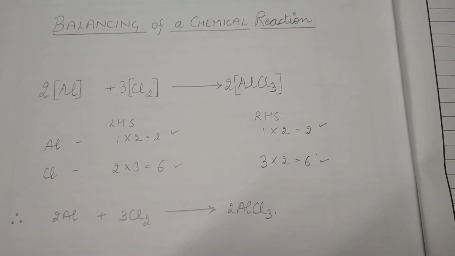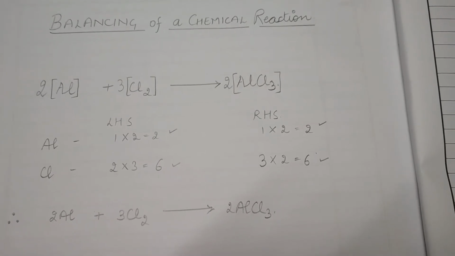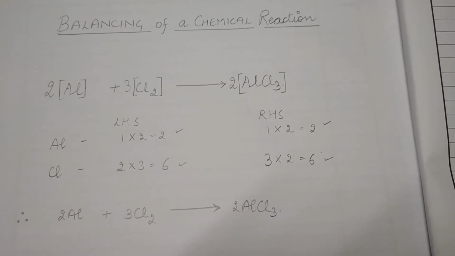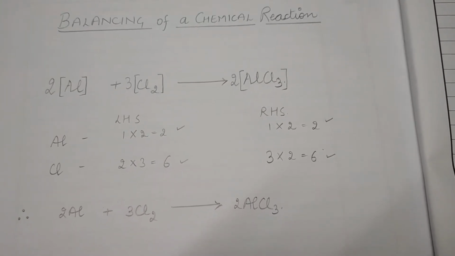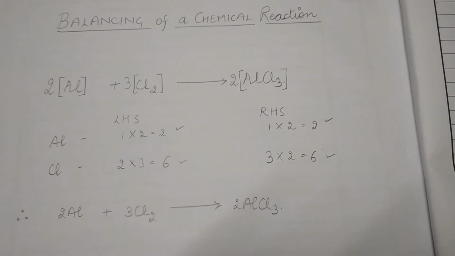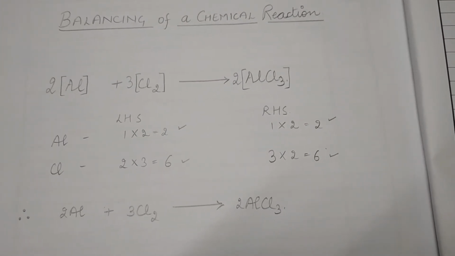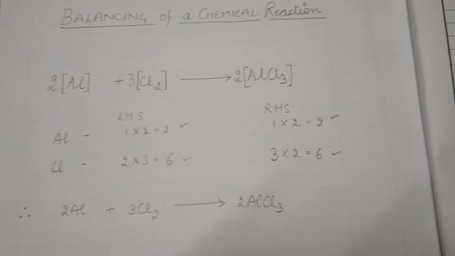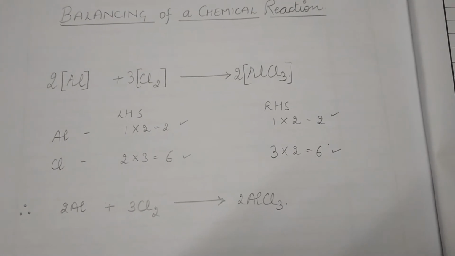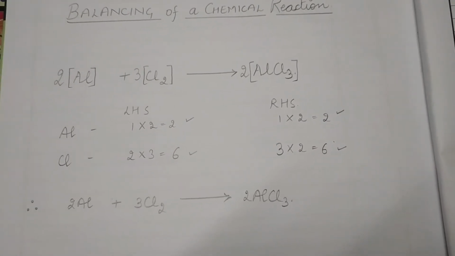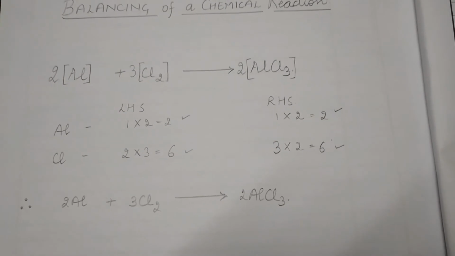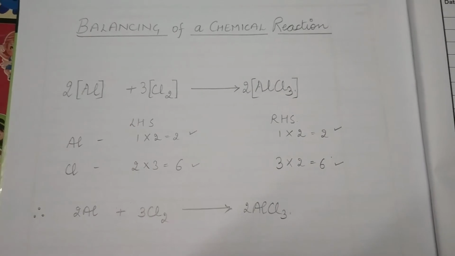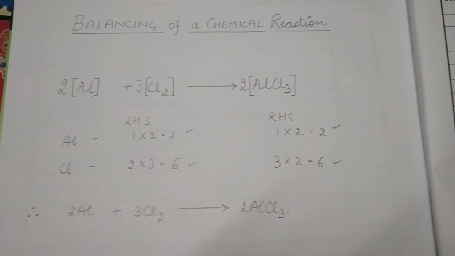But according to the law of conservation of mass, there is a rule that the total mass before and after the reaction should be conserved. In other words, we can also say that the total mass of the chemical reaction mixture is conserved. Mass can neither be created nor destroyed. It can be converted only from one form into another form. So basically, for the validation of this law, we need to balance a chemical reaction, right?